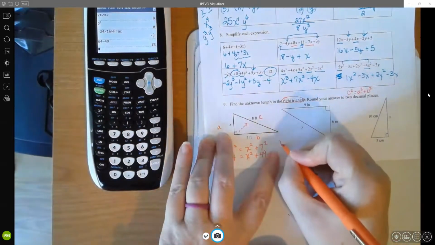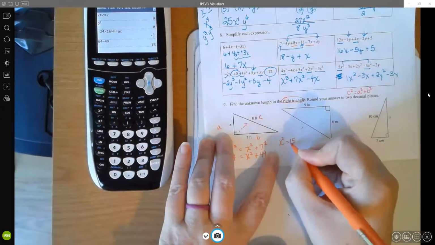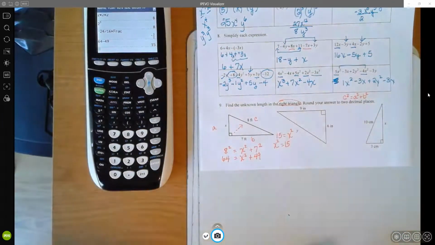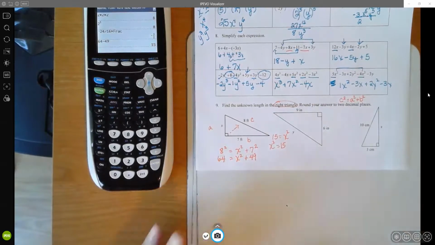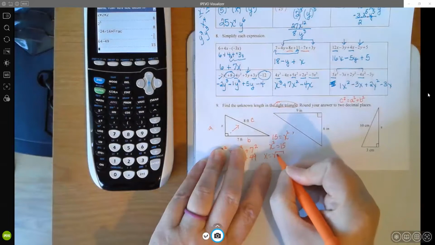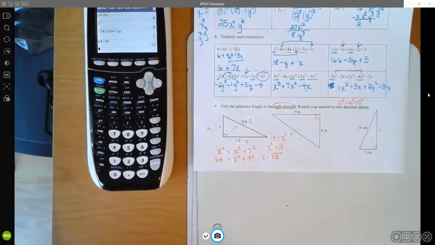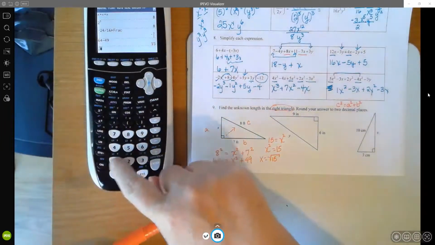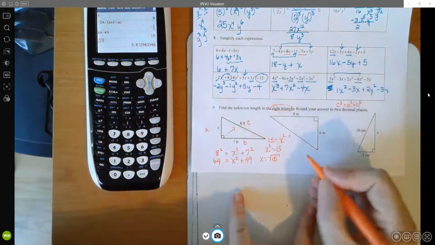And so that gives me that x squared equals 15, or technically, in this case, 15 equals x squared. I'm going to flip-flop that because I like my x on the left-hand side. Then you're still not done because the answer is not 15. The side squared gives me 15. So x equals the square root of 15, because if I take the square root of both sides, that gives me x by itself. And so on the calculator, I go second square root of 15, and that gives me